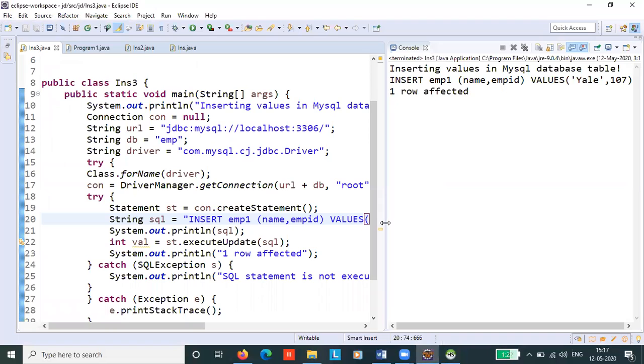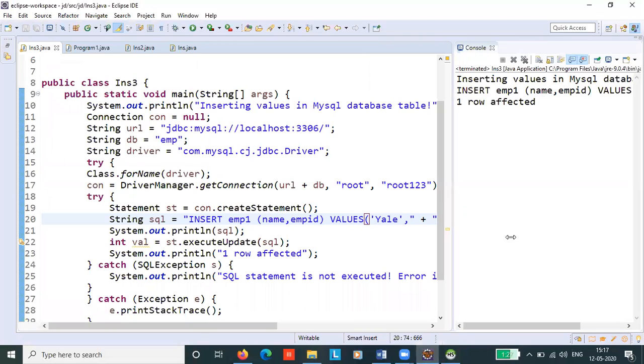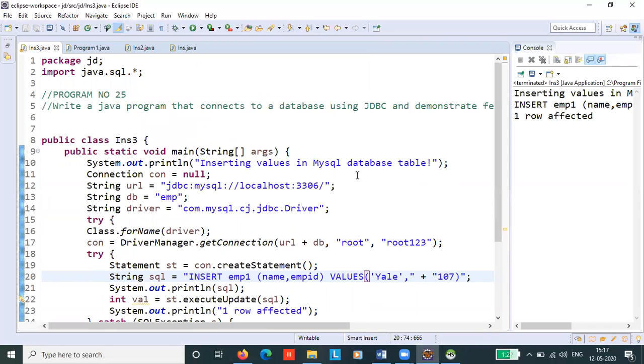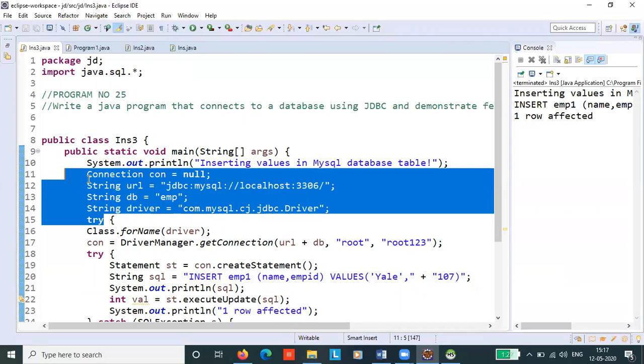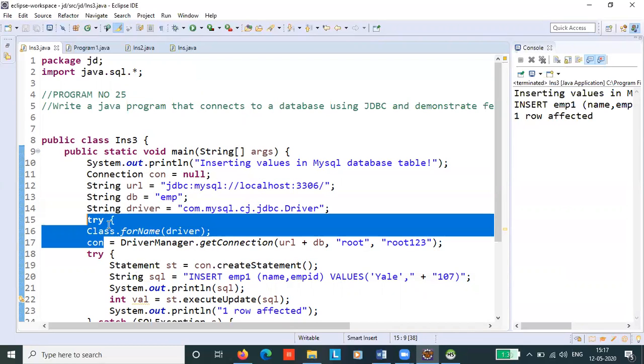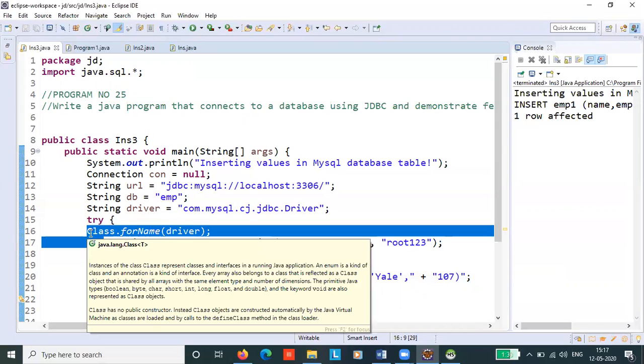So it's very simple. First, follow the steps to create the JDBC connection. That is, first create a connection. You need the URL, the database, and the driver class. Then, with the help of this forName method, register your driver class.